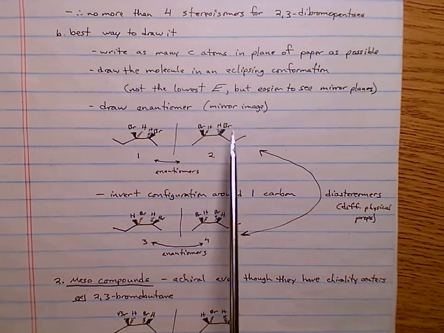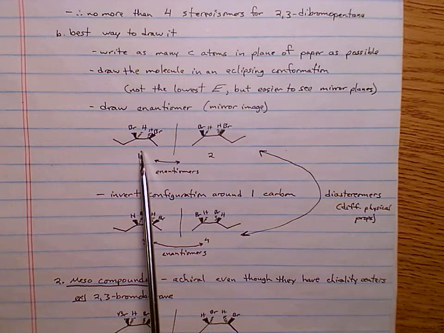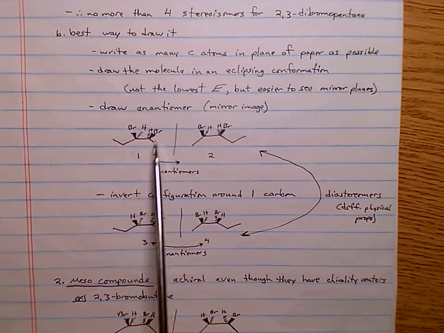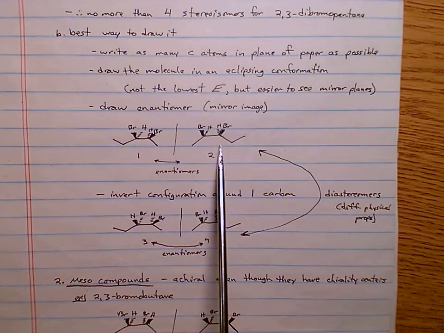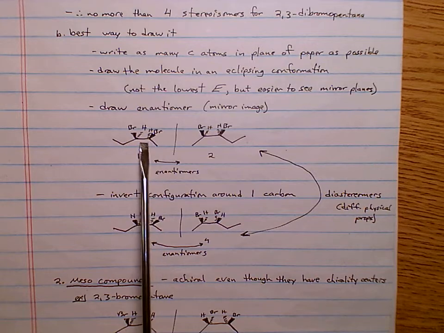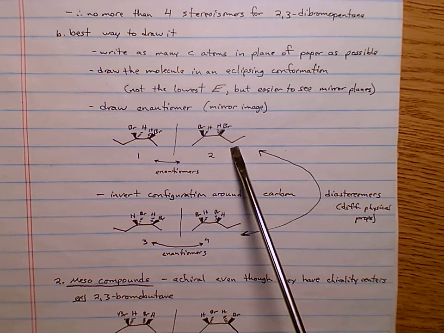Then you draw the mirror image of it. Okay, here's my mirror. This molecule 2 is a mirror image of this molecule 1. And the question, are they the same thing? Is there any way to rotate this guy and get this guy? Well, note if I rotated this 180 degrees, if I just flipped it over 180 degrees, I do not get